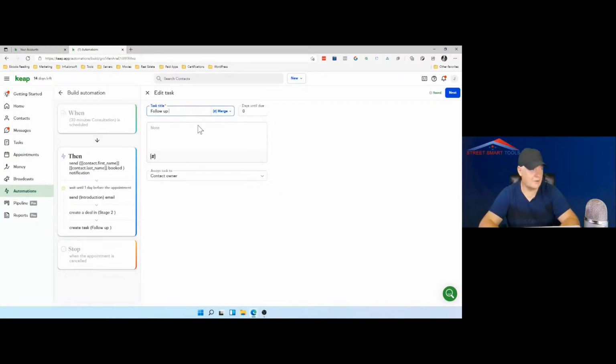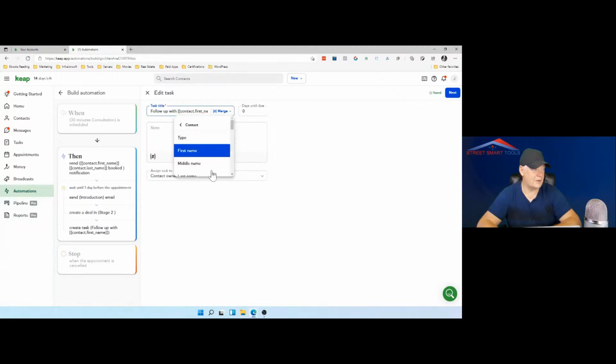Follow up with, and then merge name, contact, first name, contact, merge, last name.